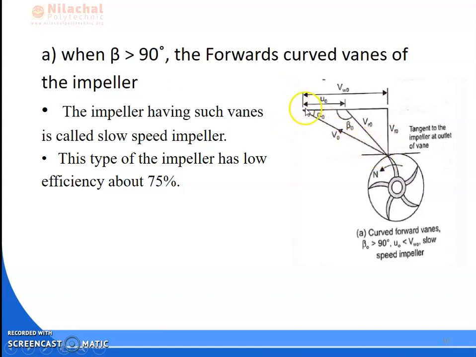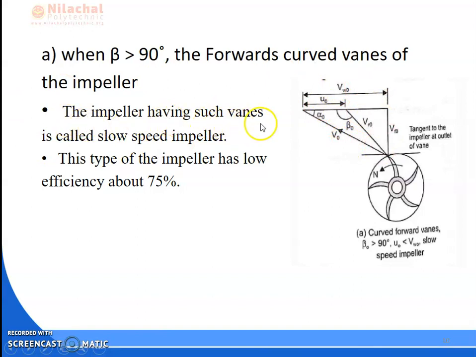This outlet velocity will make an angle alpha, and it will make two components: one is your cos component, one is your sin component. Okay, so this angle is your beta. This is your relative velocity, this one is your sin component of the outlet velocity, that is v0, this is the cos component. Okay, so this is the outlet velocity angle.